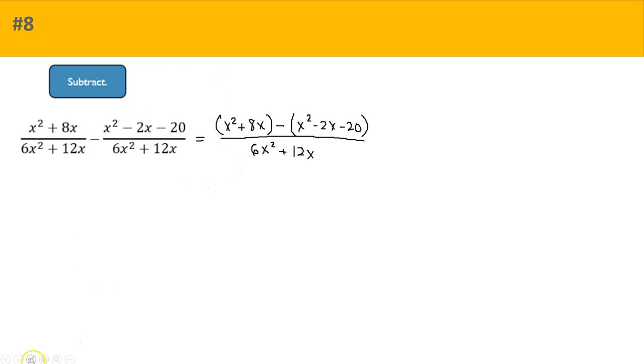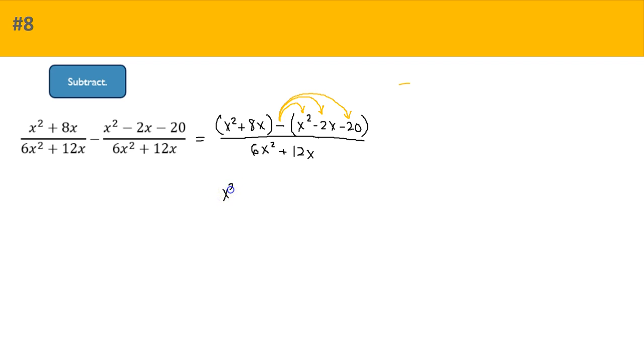The only thing we need to recognize here is the fact that we need to distribute the negative to all three terms to the right, which in turn changes all the signs